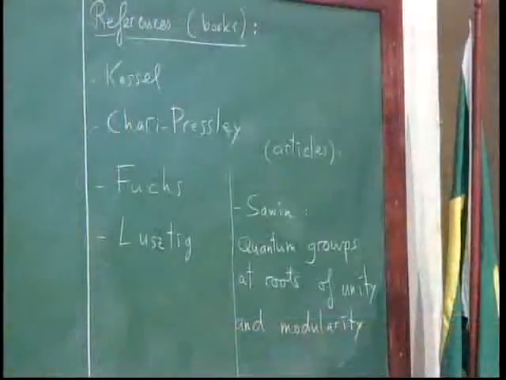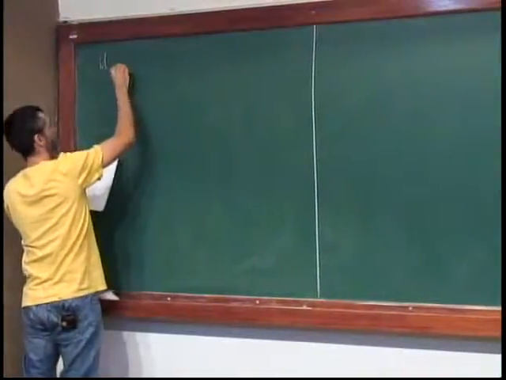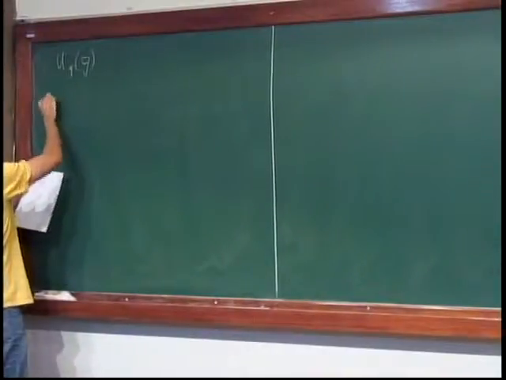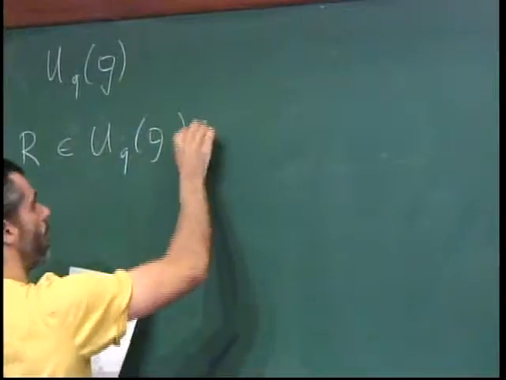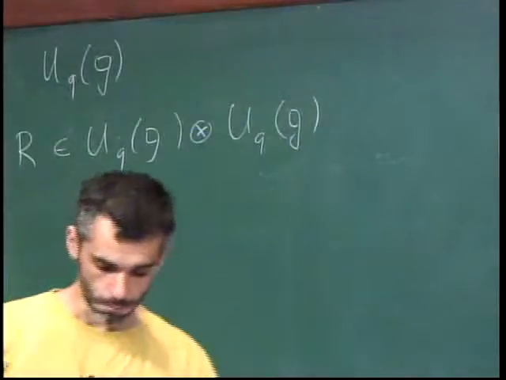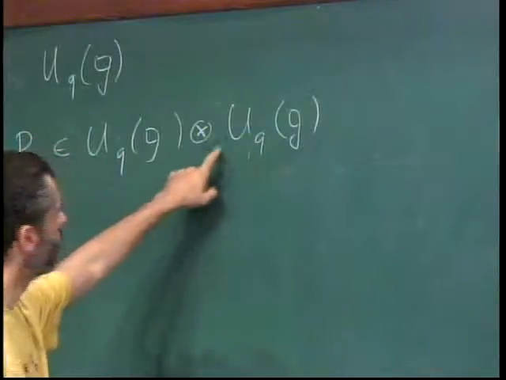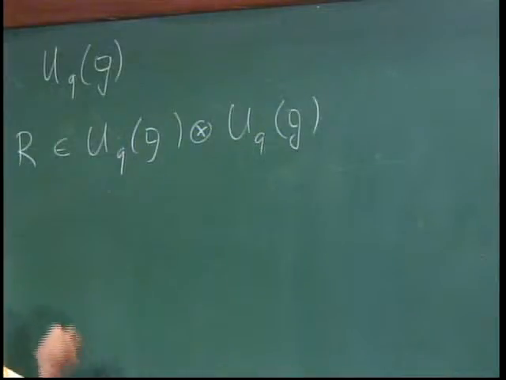So let's see. So far we have constructed the quantum group. It's a Hopf algebra along with an R-matrix, which is an element of U_q(g) tensor U_q(g). Actually, we've seen that the formula for this R-matrix involves dividing by q-factorials, and that was not good if we want to be able to specialize at a root of unity. And there was a solution, which is to